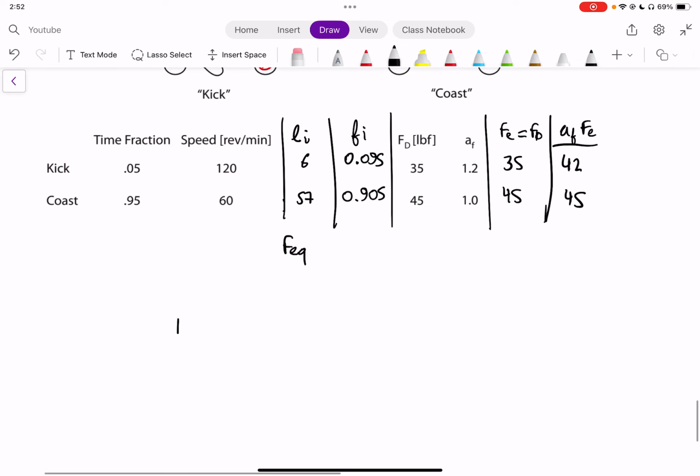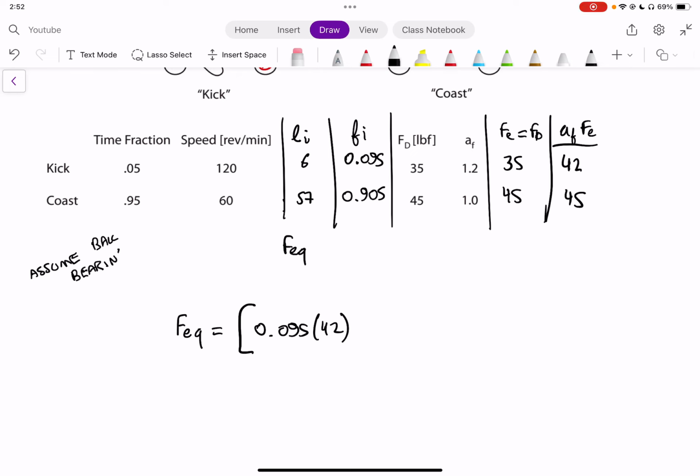We have that FEQ is going to be equal to a sum of 0.095, which is your F for 1, times 42, which is your AFFE for 1. And then we have to put it to the power of something. Now, in the problem, it doesn't tell us if we have a ball or a roller bearing. So we can assume that we have a ball bearing, but you could also assume that you have a roller bearing. Okay, we're going to assume that we have a ball bearing, therefore we're going to use cubed as our value,